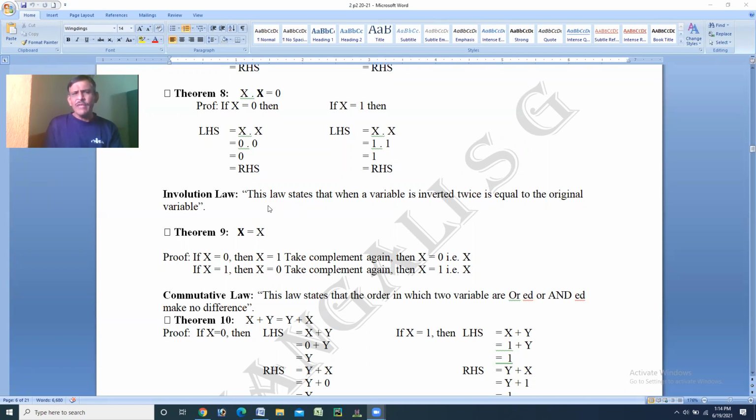This is the meaning of involution law. The involution law states that when a variable is inverted, it means complemented twice, double complement, you will get the same variable. So according to this, we have one theorem, that is x, right? So for x, I'll choose here again